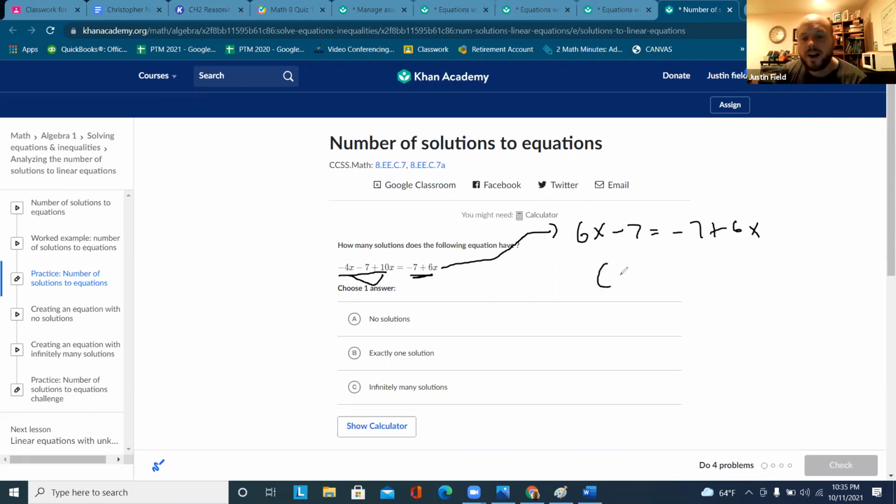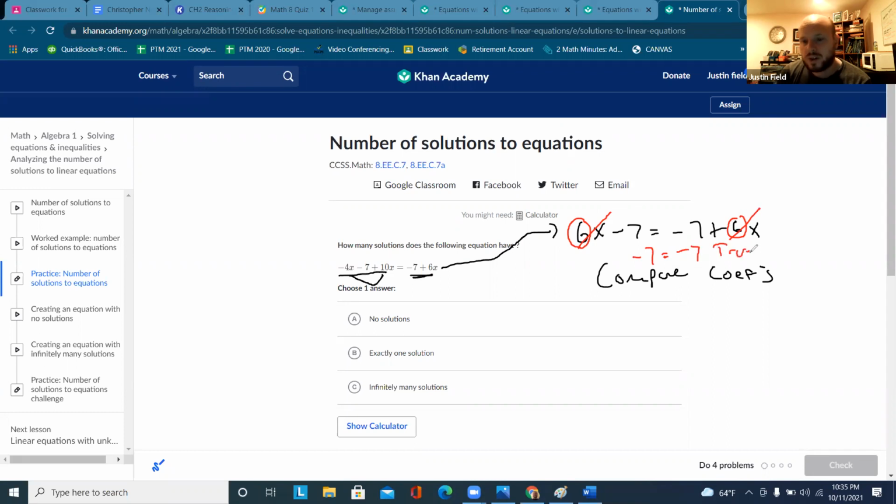So compare coefficients on the left and right. What do we have? 6 over here and 6 over here. So if you think about it, those can cancel each other out. And then we'll just have negative 7 equals negative 7,